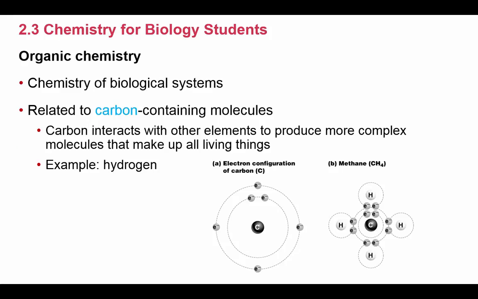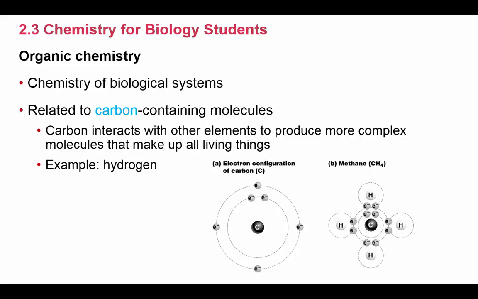So first off, organic chemistry. Why in the world are we talking about organic chemistry in biology? Well, we know that chemistry is very important in biological systems. And when we talk about the term organic, it basically means that it's going to include both carbon and hydrogen. So carbon is a very, very important element when we talk about living